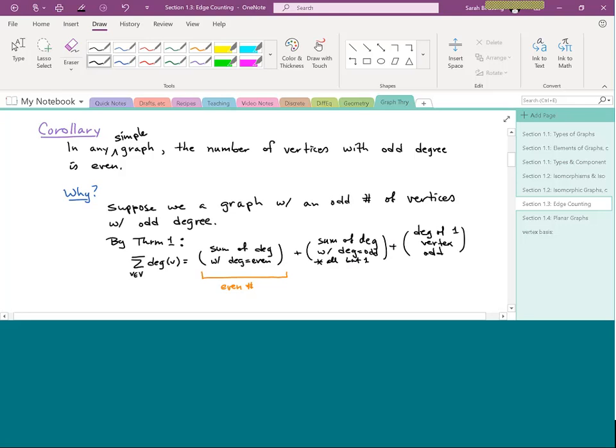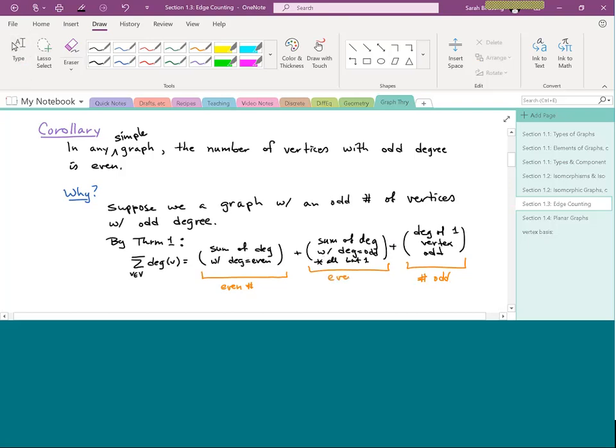Okay. Well, what do we know? That last one definitely is going to be an odd number, because we said it was an odd number. Oh, I wrote that wrong. But over here, we said we had an odd number of vertices with odd degree, so if we pulled one of them out, that means there's an even number of vertices here. So this one here is going to be, if you have an even number of odd numbers and you add them all together, like 3 plus 5, the sum of 2 odds is even, the sum of 4 odds is still even, the sum of 6 odds is still even, so this is going to